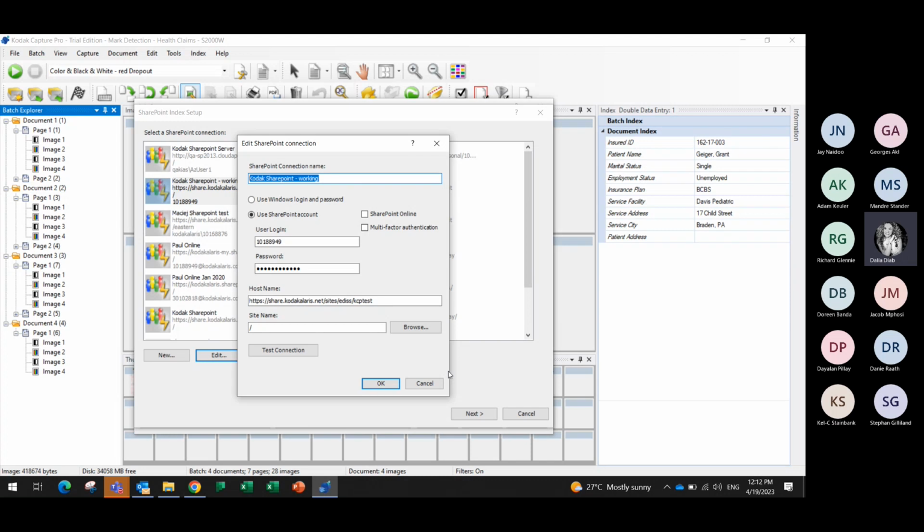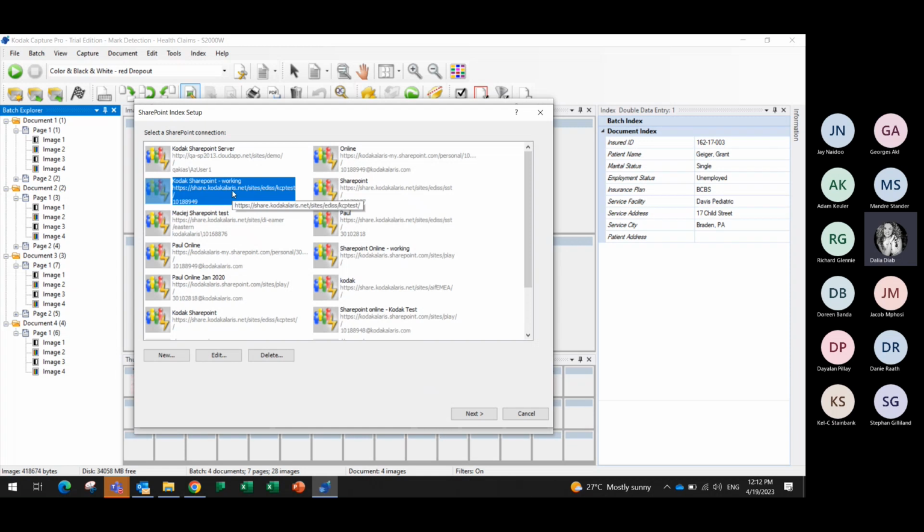You also make sure that this is verified at this level, or when you start scanning, it will ask you once to verify and use the multi-factor authentication, and then it is verified for the next scanning that you will do. And it's possible also to test whatever setup you have over here, and make sure that the server is up and connected and accessible. Then from there, you select this setup and you click next to start choosing the library,